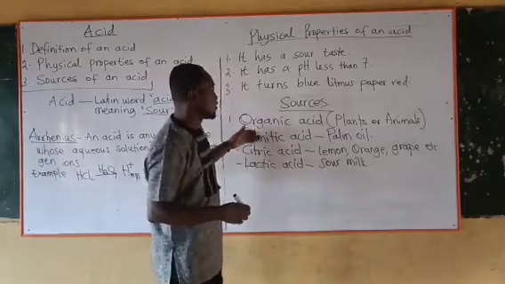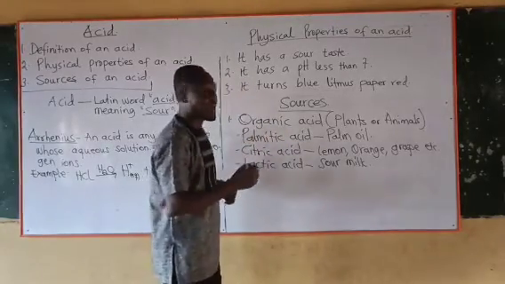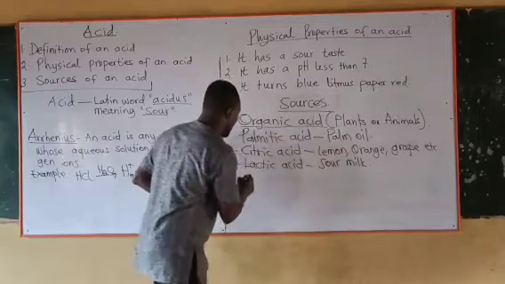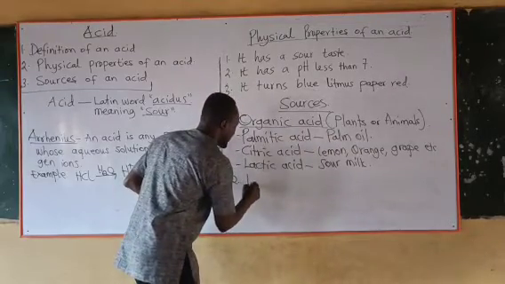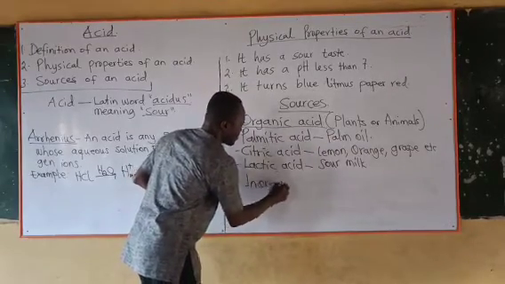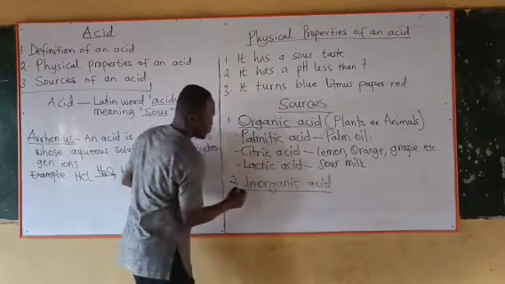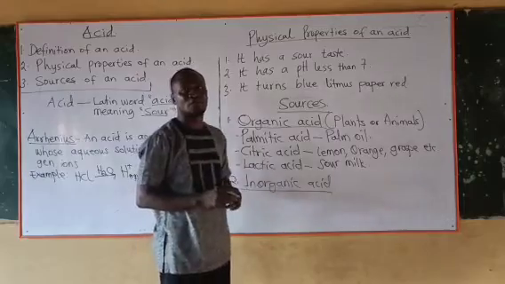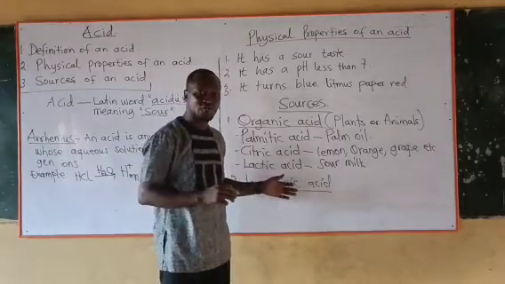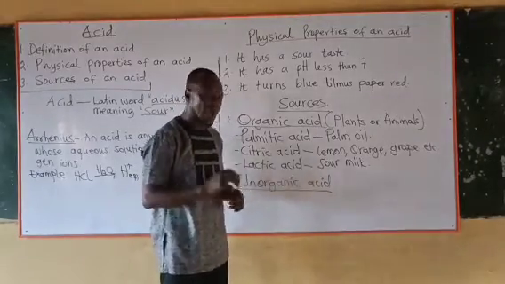Now, these are some of the examples of organic acid. Now, we also have the inorganic acid source. Now, typical examples of inorganic acid or acid from minerals are